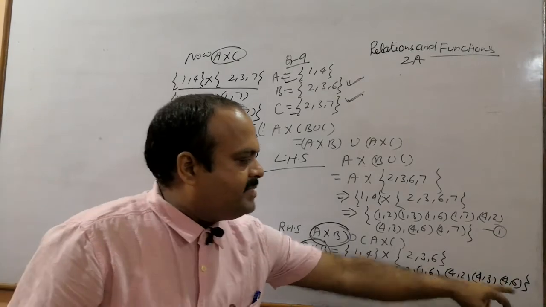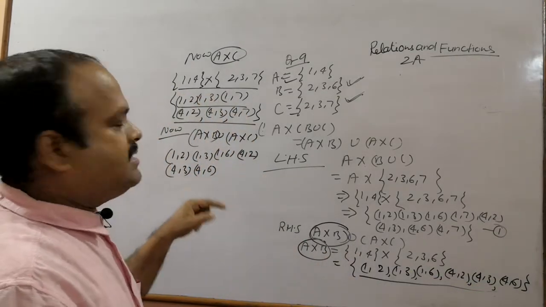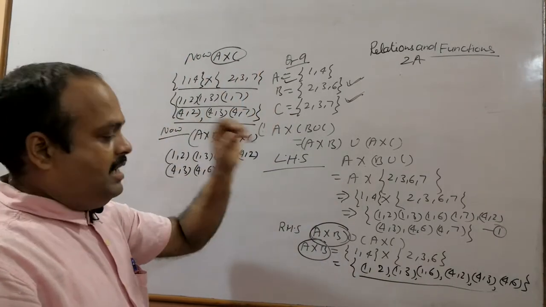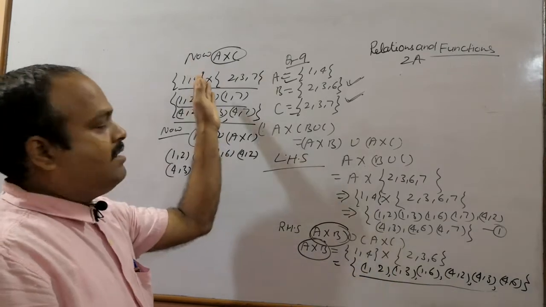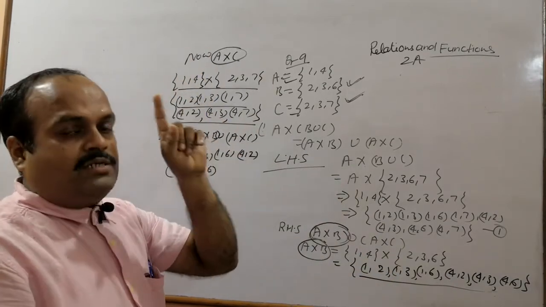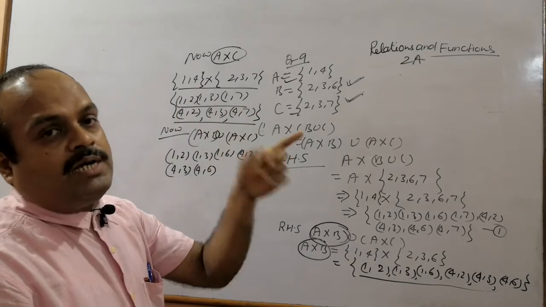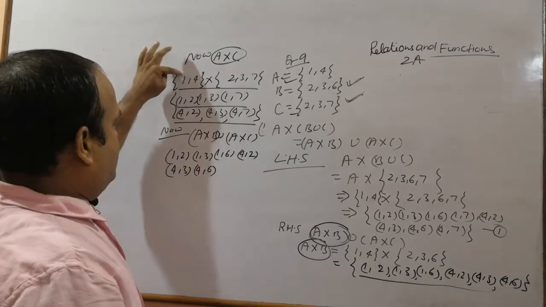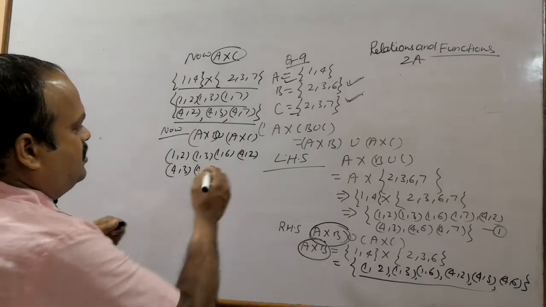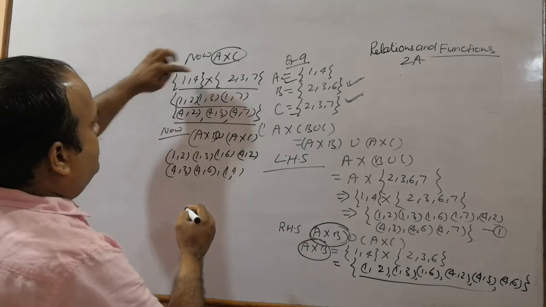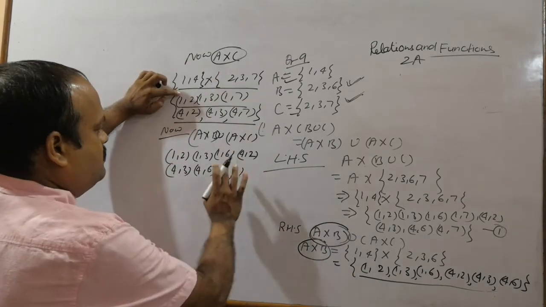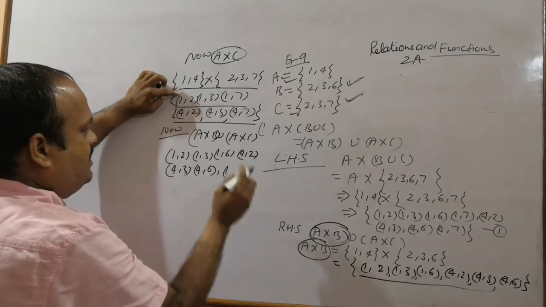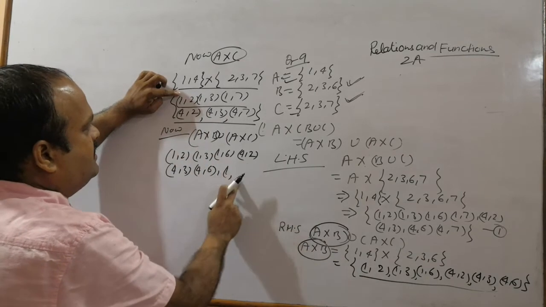Now I am going to write A cross C, but to get the union I will write the elements of A cross B and A cross C, and one thing to be noticed is that we don't have to repeat an element while finding the union. So (1, 4), have I written it? No. So next will be (1, 4). Then (1, 2) I have written, so I will not repeat it. Then (1, 3) I have written here, I will not repeat.